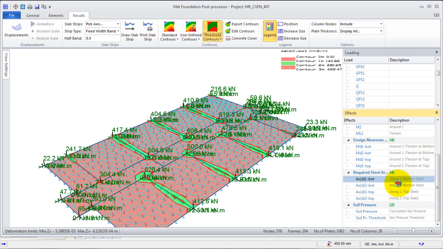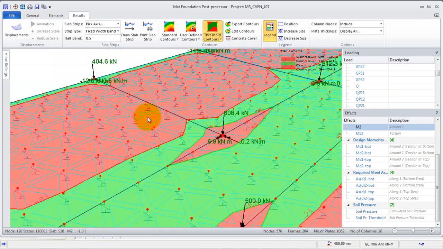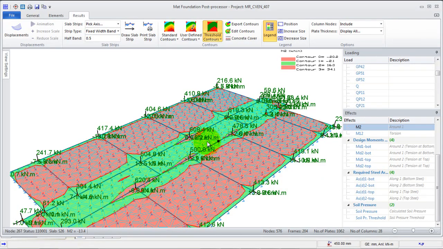So I'm going to double click on this. Because our slab is 200, which is going to be doubly reinforced, we have reinforcement in each direction. So these red areas, which are slightly red in color, prove that this steel is inadequate, but these areas are adequate. So I'm going to show you, this is my required steel area, which we have the top, the bottom one and the bottom two. So this is in one direction, this is another direction. Let's say the X and the Y, and also the top we have the X and the Y,